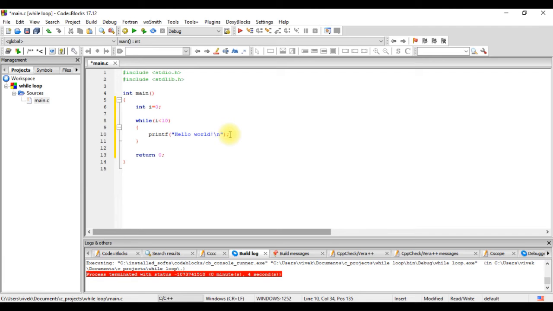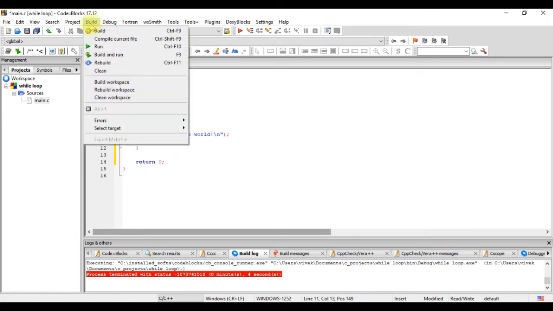So we want to keep a count, and hence we will increment the value of i with i++. So every time the loop is executed, the value of i increments by 1. So by the time it executes 10 times, the value of i will become 10, and 10 less than 10 is false. So it will exit.